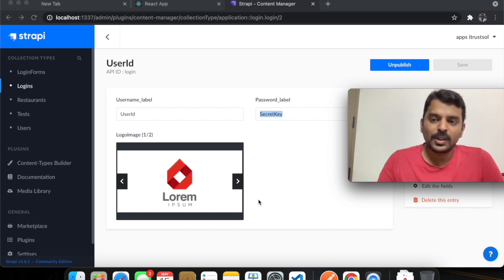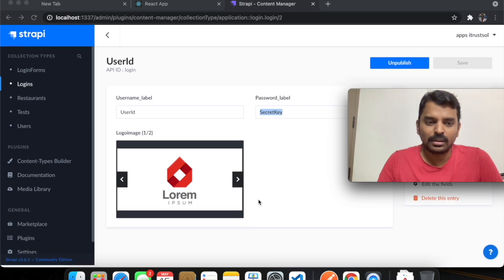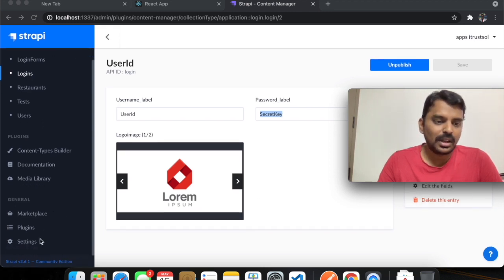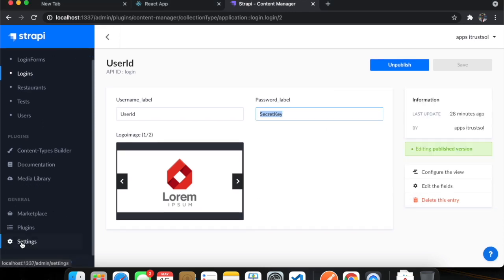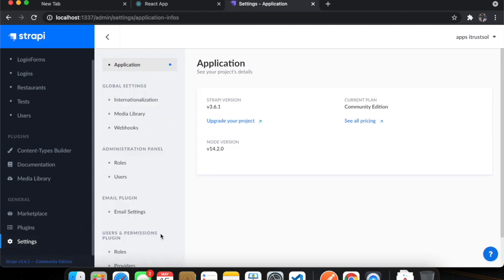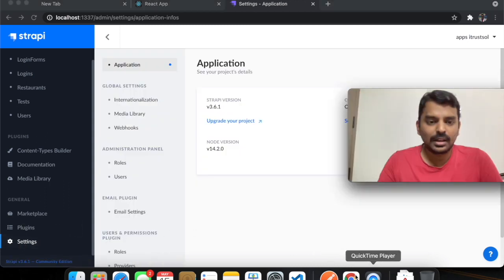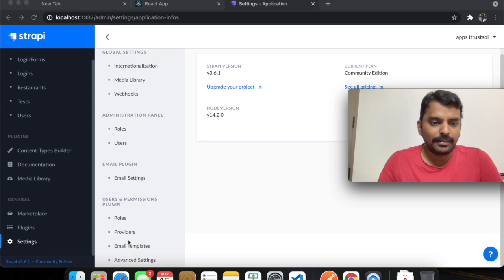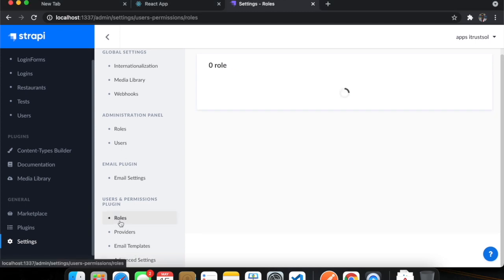So you can expose the content either in an authenticated mode, where the APIs have to be authenticated to provide the content, or it can be public content without authentication. So you can manage that within the settings. Just go to settings, and you will have the roles.